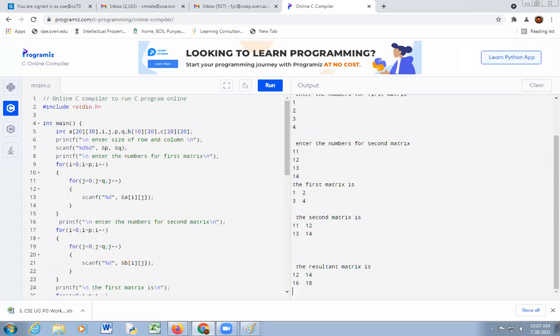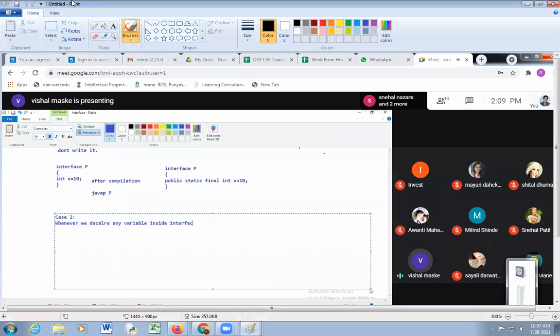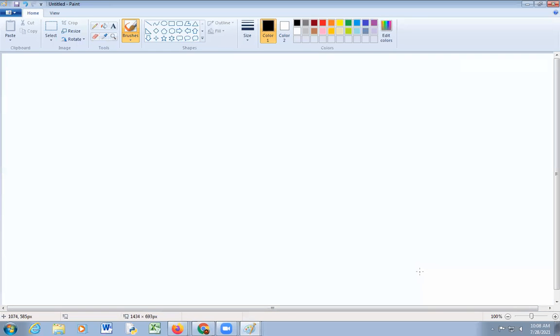Okay, we move towards next point. See here, matrix 1 is written like this: 1, 2, 3, 4.